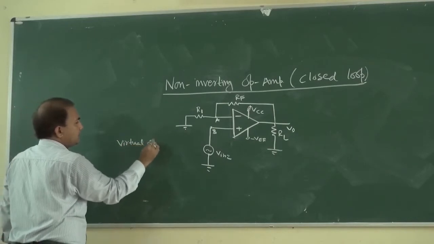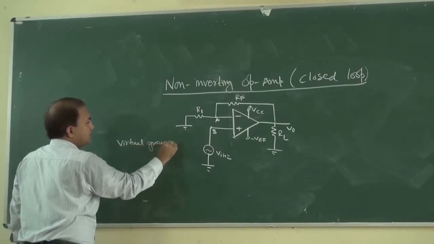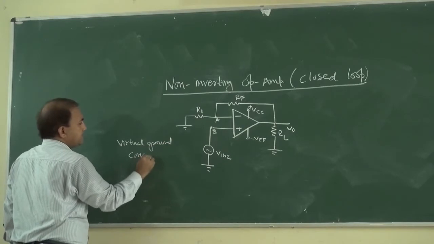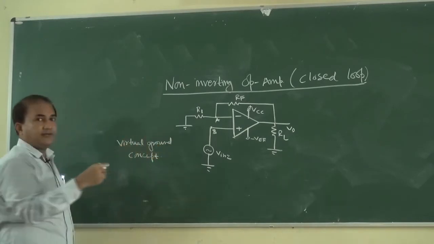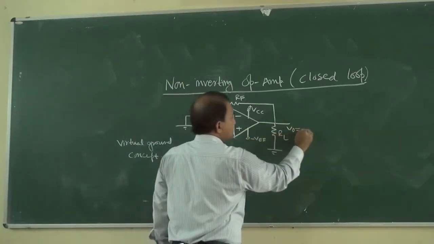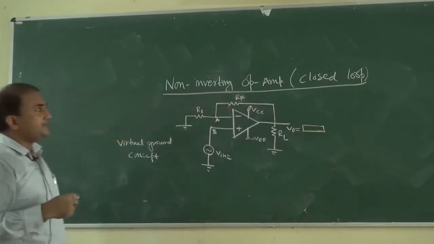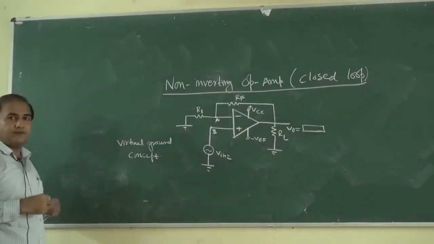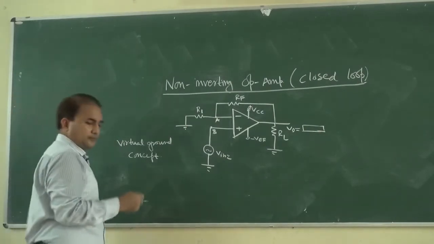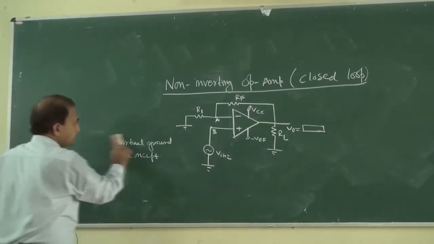Virtual ground concept in order to determine V out. So we have to determine V out for this non-inverting operational amplifier in closed loop configuration. Okay. Now you can see